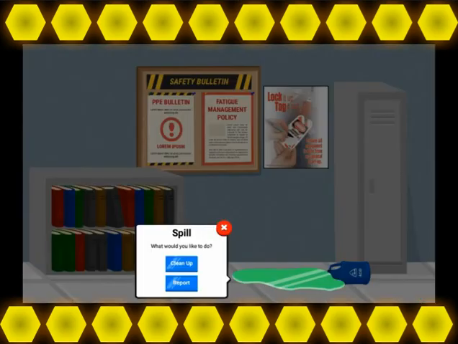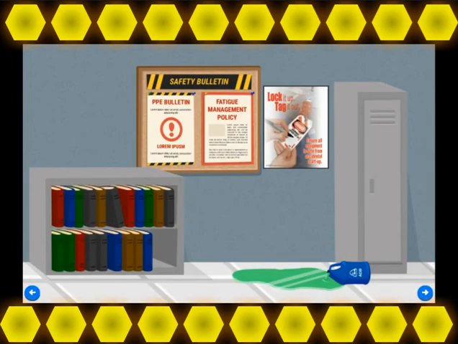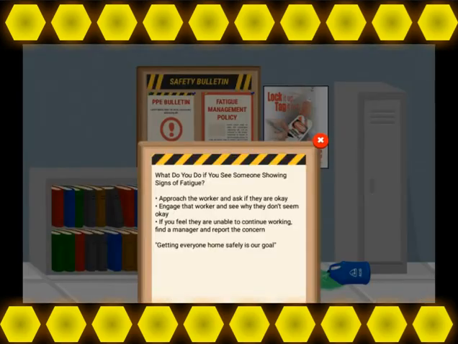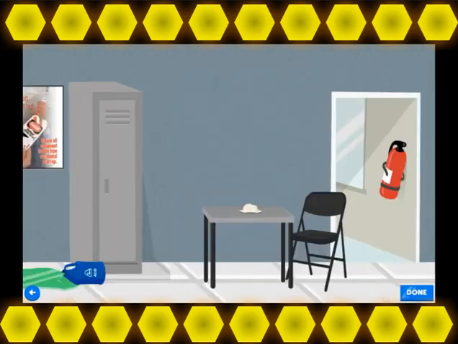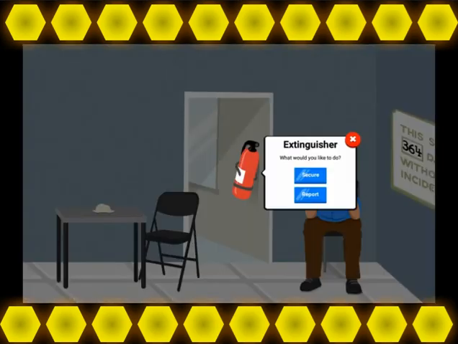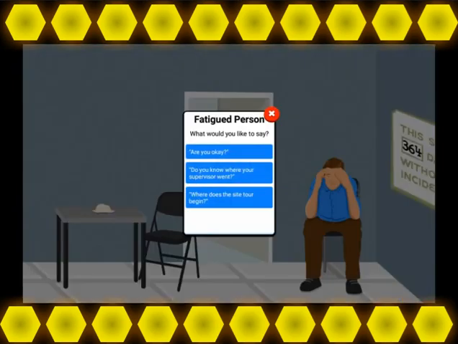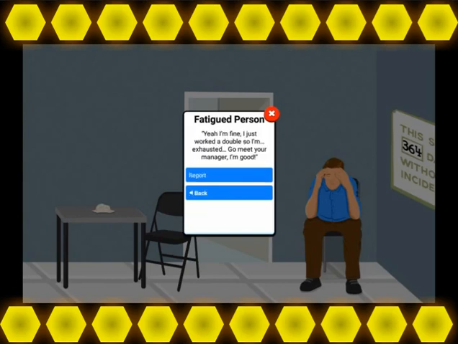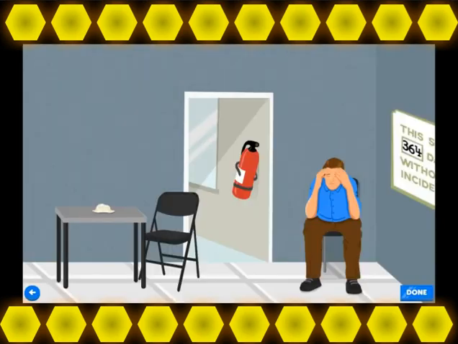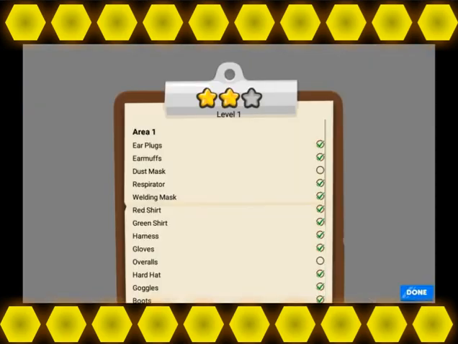The next thing we also want to help identify is fatigue management. This is a huge area of concern within the population right now and in companies. So we've provided a fatigue management policy that they can then be tested on, with the gentleman in the corner that looks to be fatigued. At this point, we would want our employees to feel that they can come forward and talk about the employees they see that might generally be a hazard.